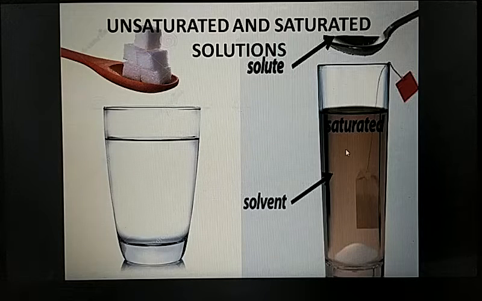Whereas in the second case, you can see here, sugar has settled down at the bottom. So that means after reaching a certain level of saturation, it will not dissolve more sugar. Such a solution where no more solute can be dissolved at a given temperature is called a saturated solution. We should remember that we are not involving any heat here, because if you provide heat to it, then you are capable of dissolving more solute into it.